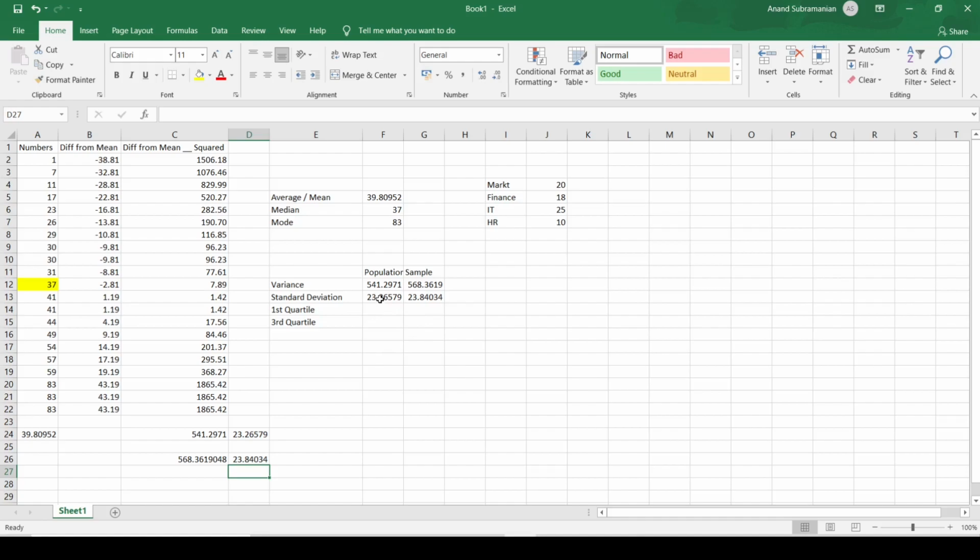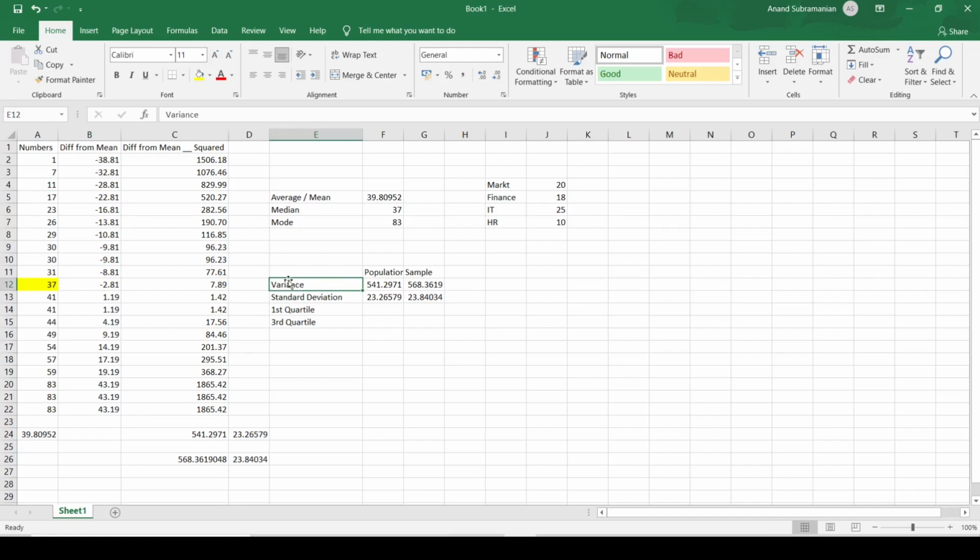So what does standard deviation mean? Standard deviation is just trying to tell us how varied our population is. Now, variance, because we are taking the square and then trying to get the average, is not in the same order as the actual numbers here.